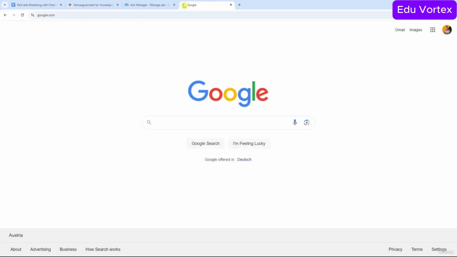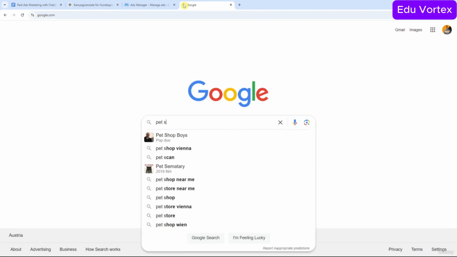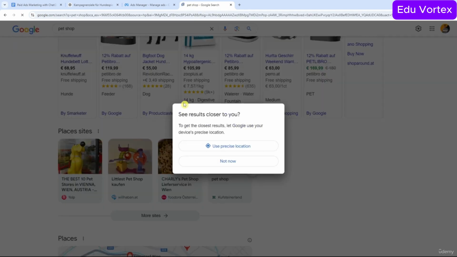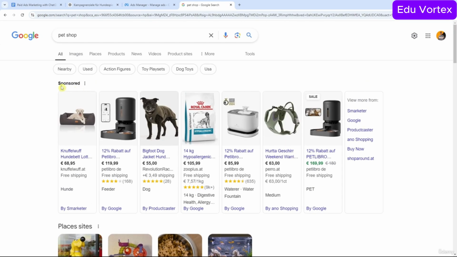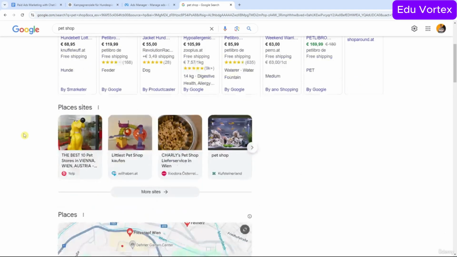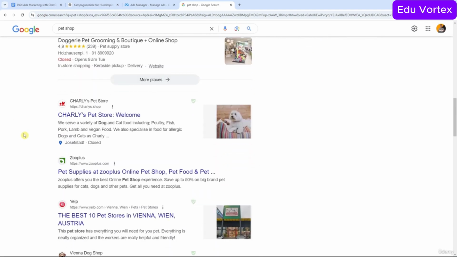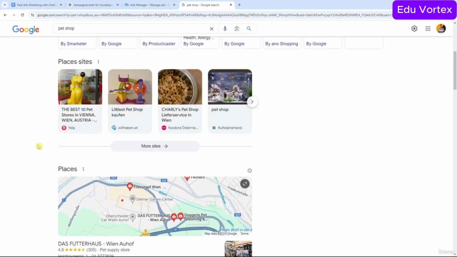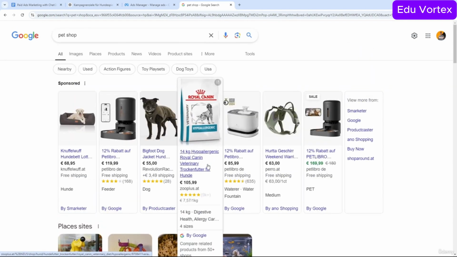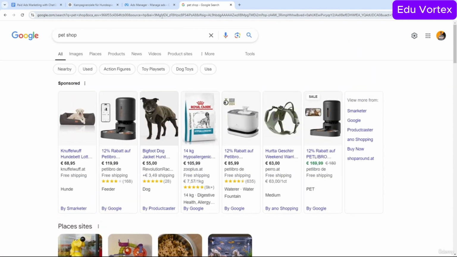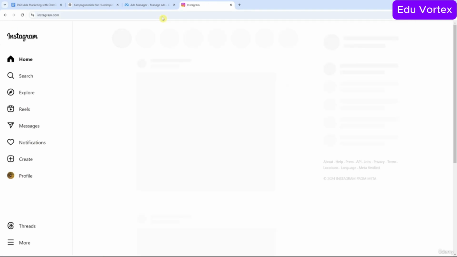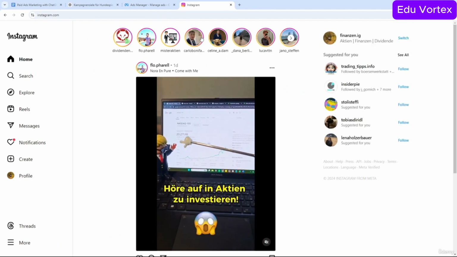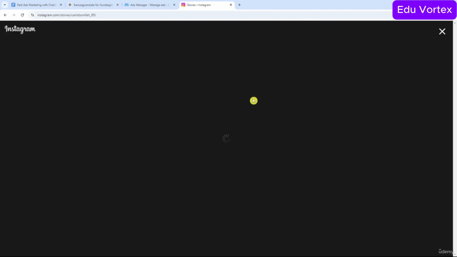platform for pictures. So if I type in your pet shop and I see an ad, like here, sponsored, obviously I'm looking for something. I want to buy something, so I would also be more willing to click, okay? While on Facebook or Instagram, if I'm here and I see an ad up here,